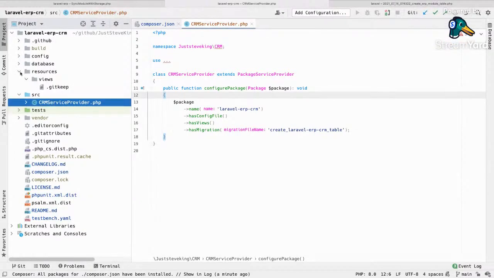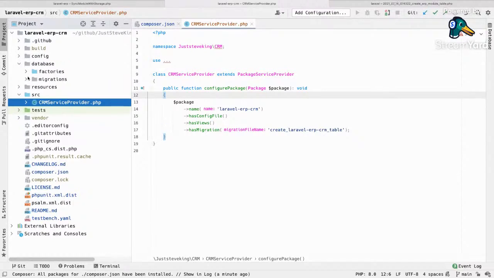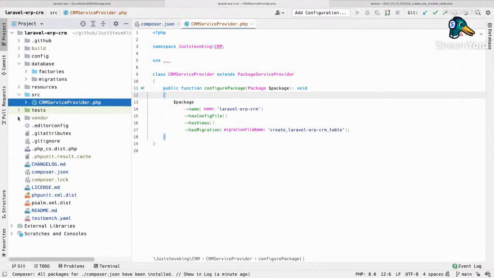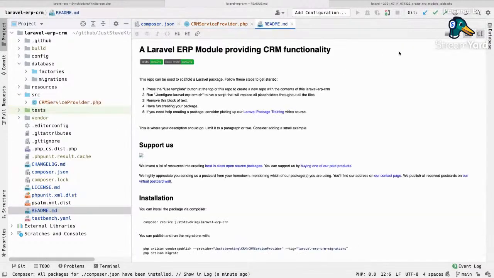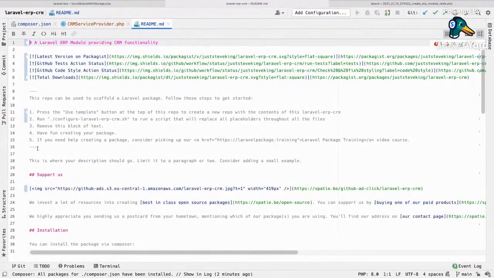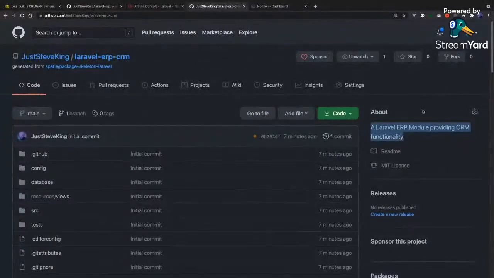Resources, we will have views. Config, we're definitely probably going to have some config going on. We might have some factories and stuff. So let's come back to the README and let's clean some of this up. So don't worry about some of this. So let's delete that. And this next part is just